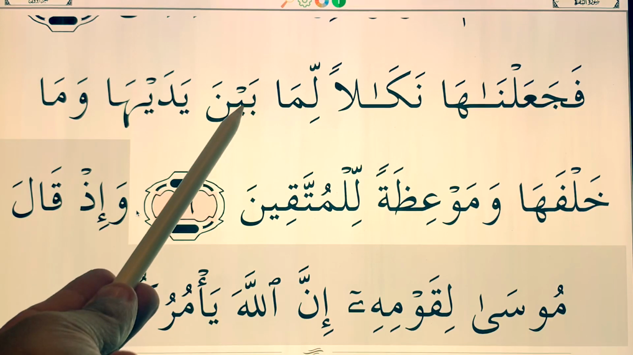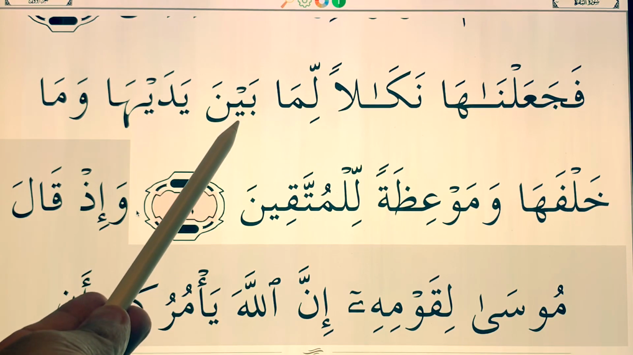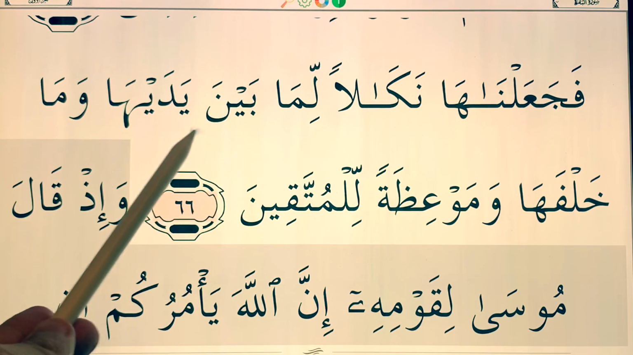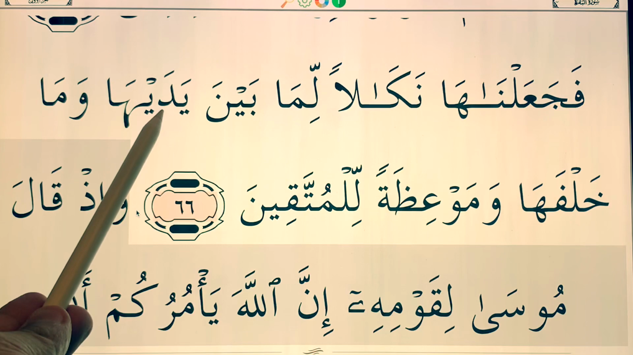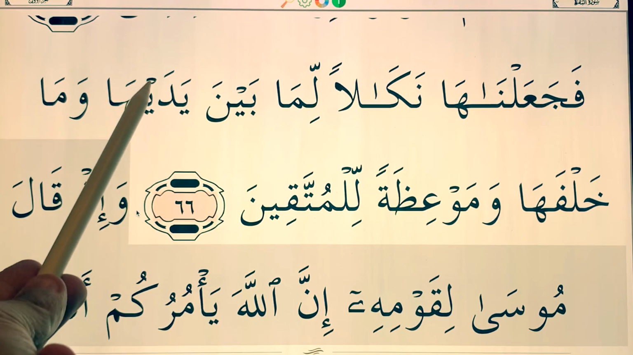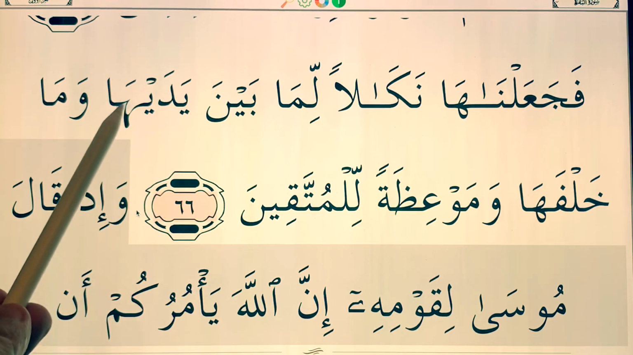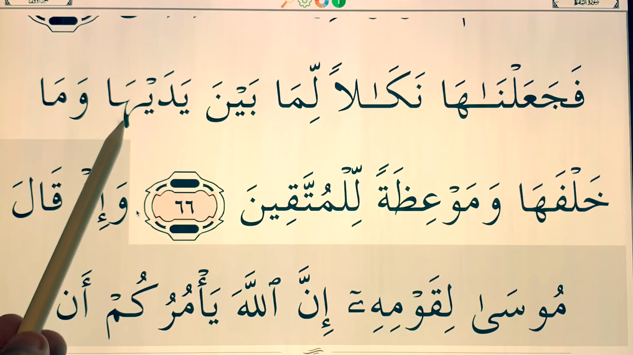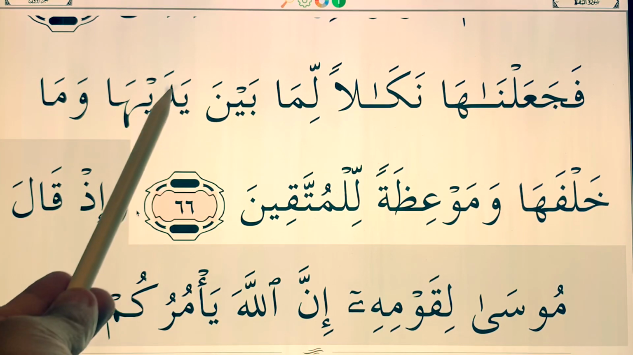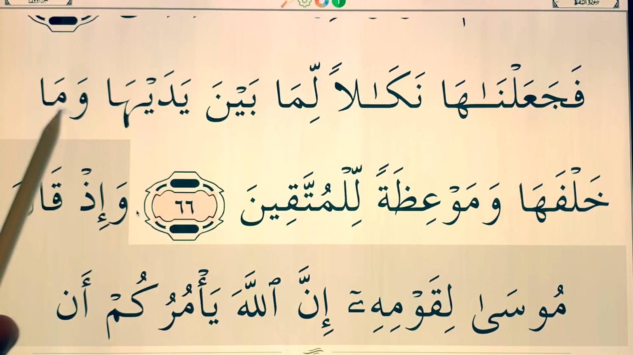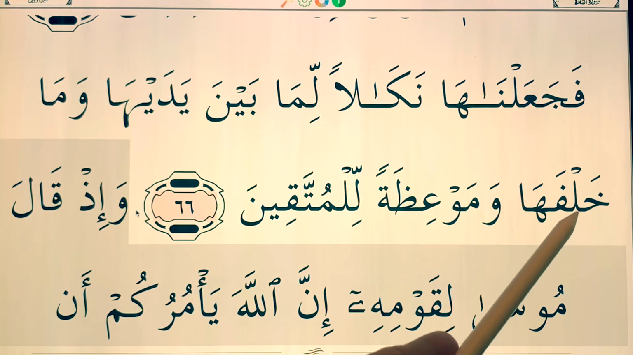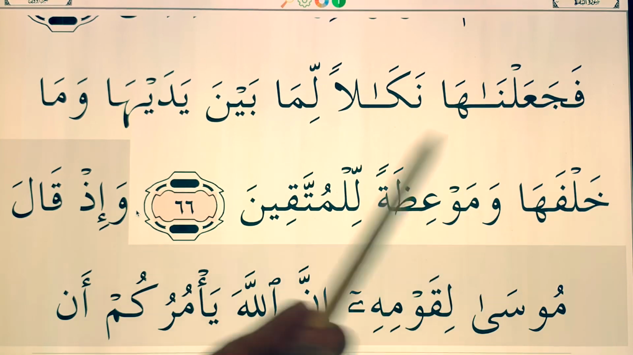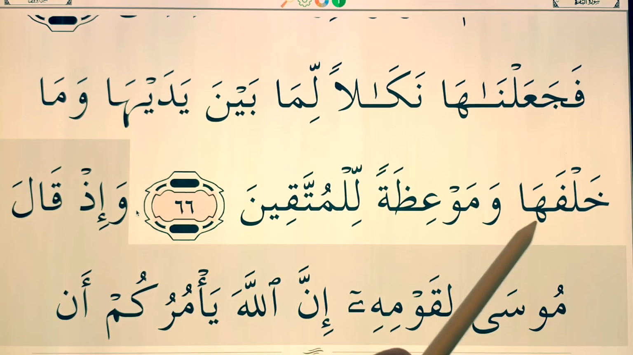بين. Ba, ya, that's a sukoon over the ya. Bayna yadayha. Ya, dal, both have fathas. Yada, the ya there has a sukoon. Yadayha. This is a ha followed by alif. Yadayha. Wama khalfaha. وما خلفها